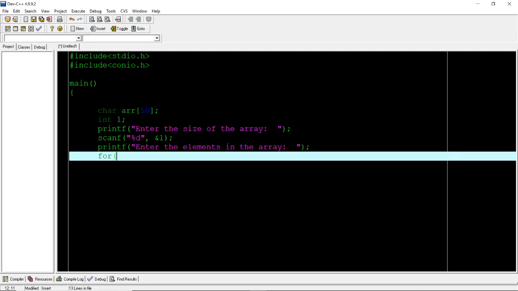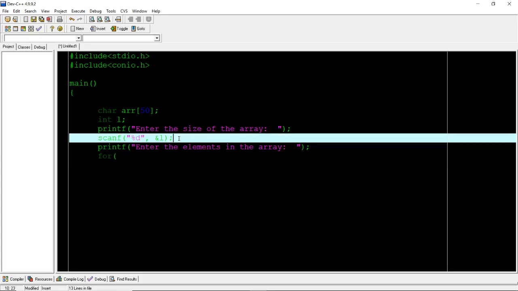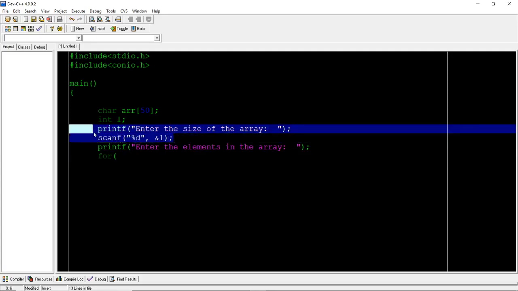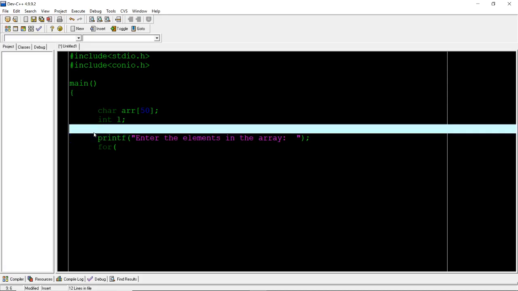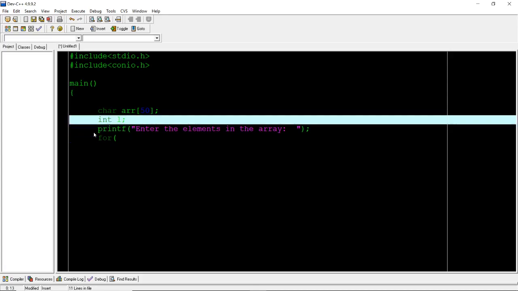We can do it another way, dynamically, where we don't tell the user to keep a size. Listen carefully. It is another way of initializing an array or taking the elements of an array. We will not ask the user to give the size. We'll directly say enter the elements in the array.